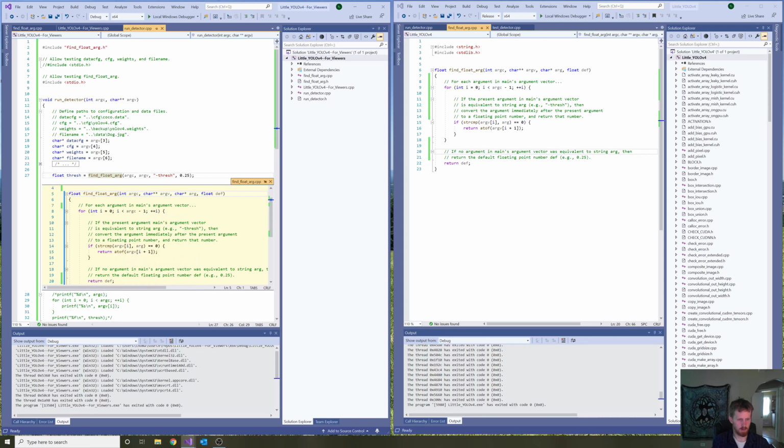If string compare argument vector of i equals this C string,